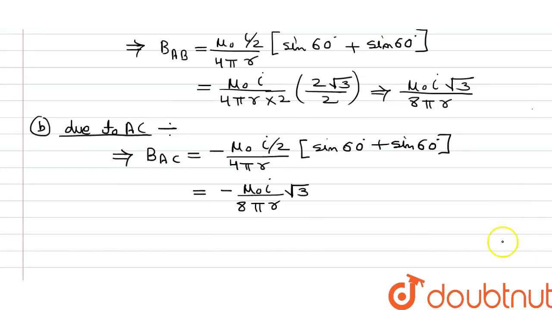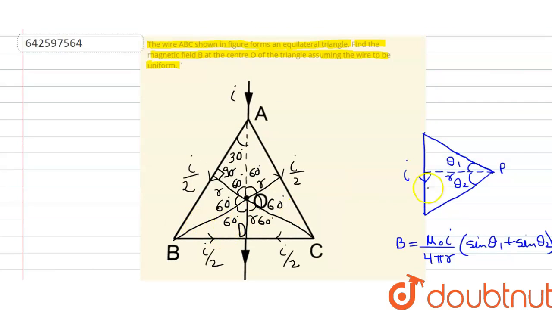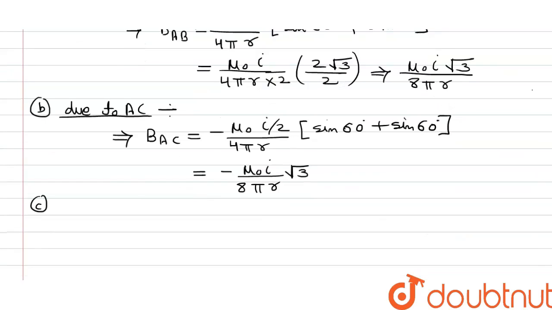Now we want to calculate the current due to BD wire. BD wire is this. So we will apply the right hand thumb rule and can see that direction of the magnetic field will be coming out of the plane. So we will put plus sign. So due to BD wire, it will give us